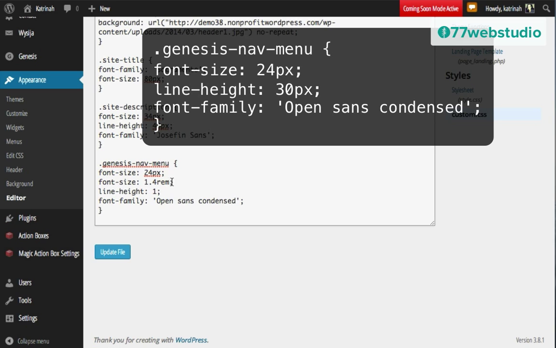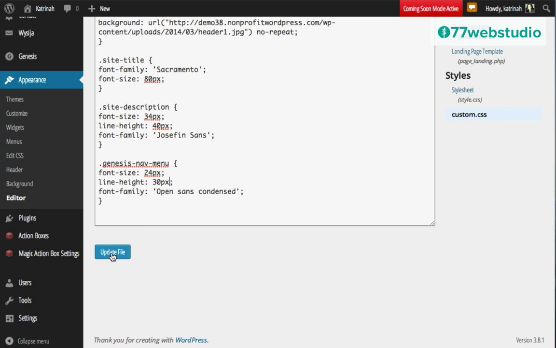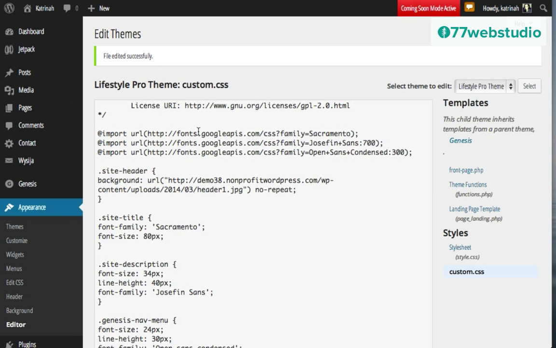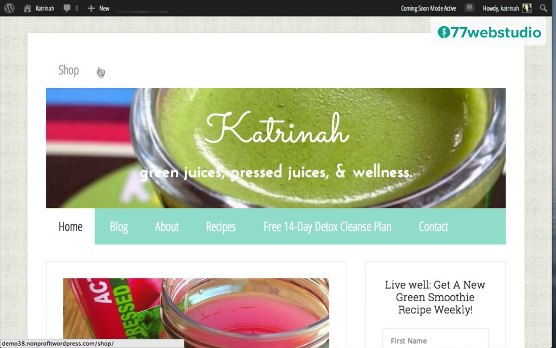For the font size here, we want it to be 24, so I'm going to eliminate that 1.44 rem. I'm going to delete that. And for line height, I'll make this 30 pixels to make it a little bit higher than the actual font size. I'll be sure to drop this code in the video. Once you have that set, go ahead and click on Update File to update the file. Once the file has been updated successfully, now we can check it out by going up to the top and clicking on Visit Site. And here we can see the new Google font added to the top menu as well as to the secondary menu, and we can also see that the size is much larger, which is really great. It's a lot easier to see.